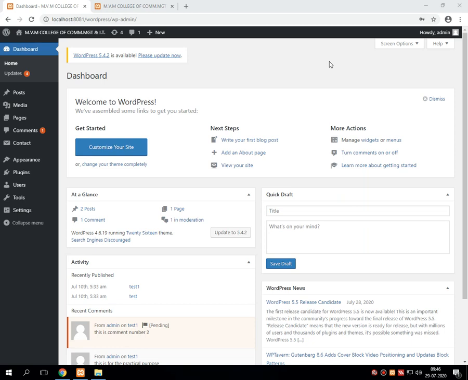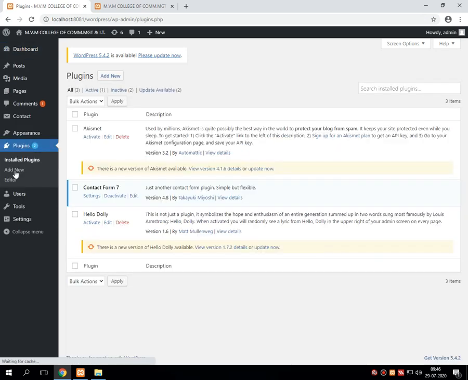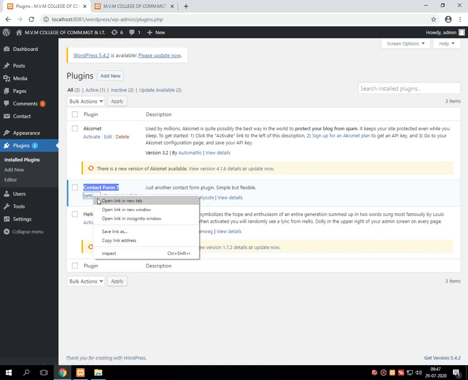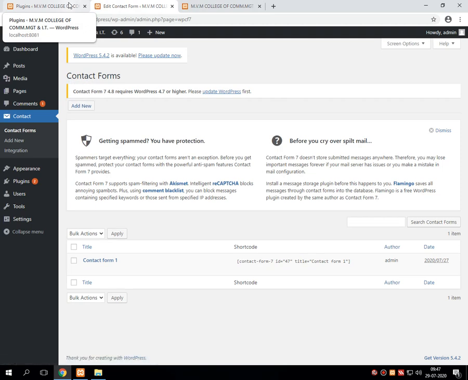In today's session, we are continuing the discussion of our Contact Form 7. What we have done in the previous two lectures, we have installed Contact Form 7 into the existing WordPress installation and activated it. Then we have gone through the several parts of Contact Form 7 by browsing the settings.